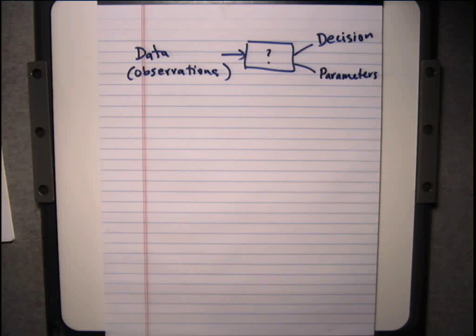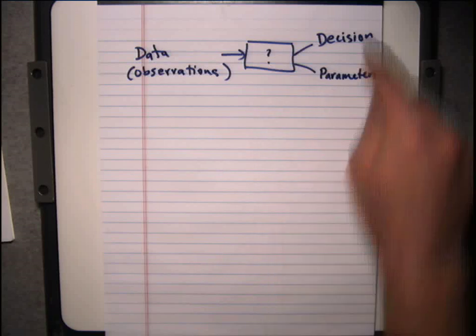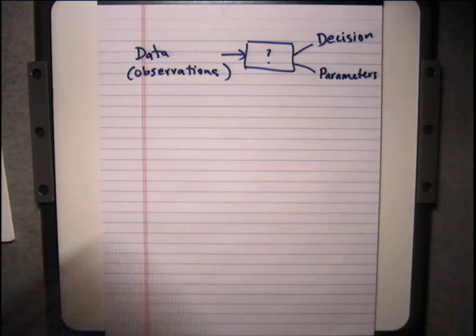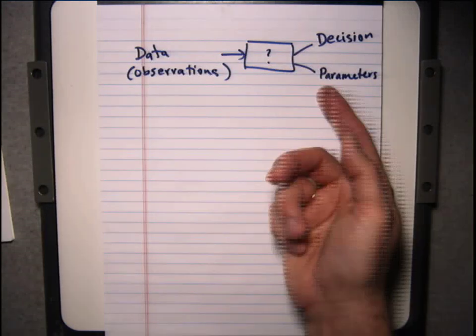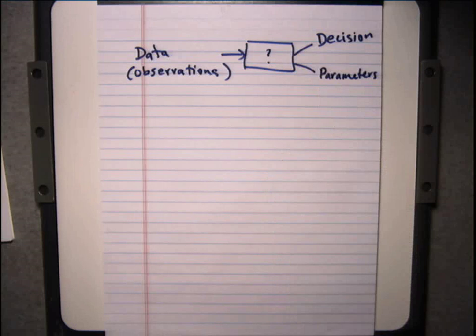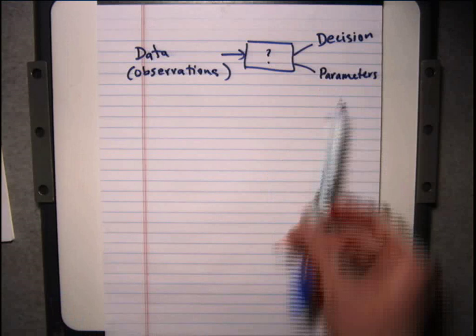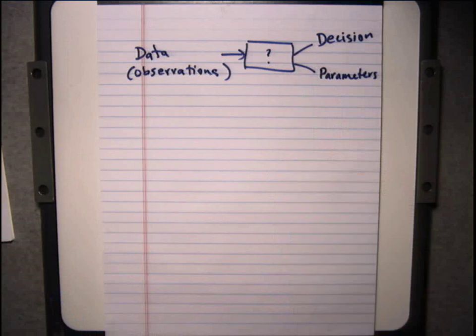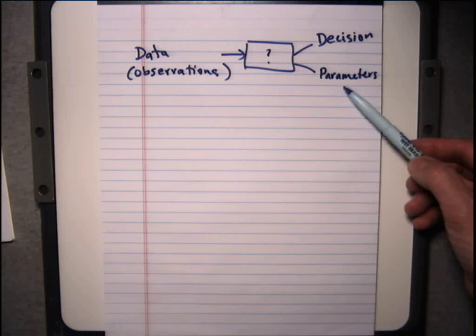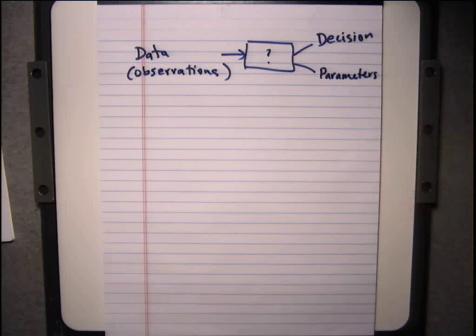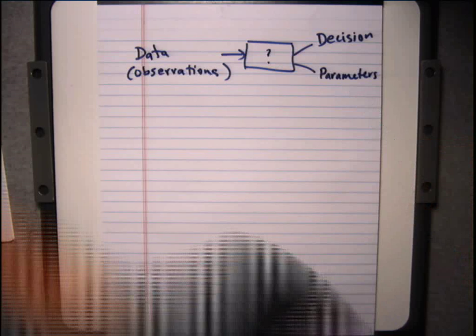Okay. And so those parameters, the difference between these is that decisions are typically discrete things, 1 or 2 or 3 or 4 different options. Parameters here are generally continuous things, and you're trying to extract a single value which has some specific implication, whether it's for medical applications or engineering applications. And so this is the second part of the course that we will be covering, and that's the second book.